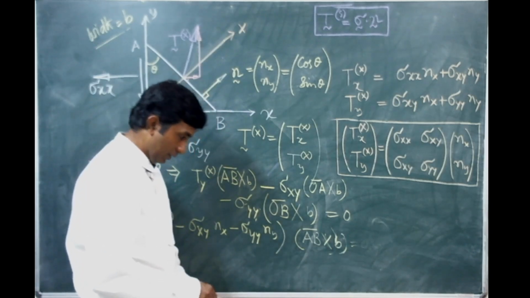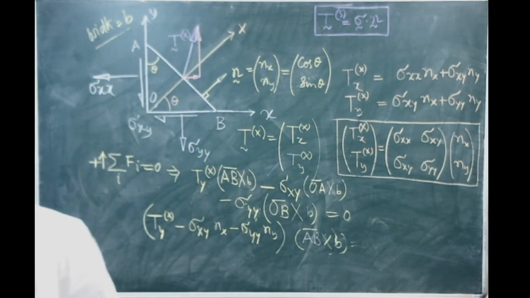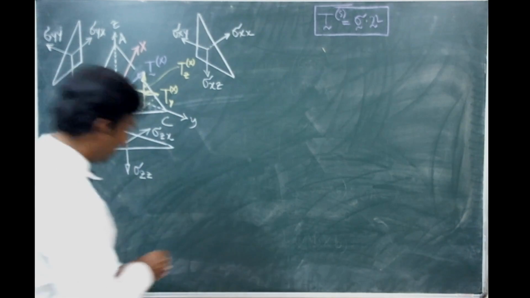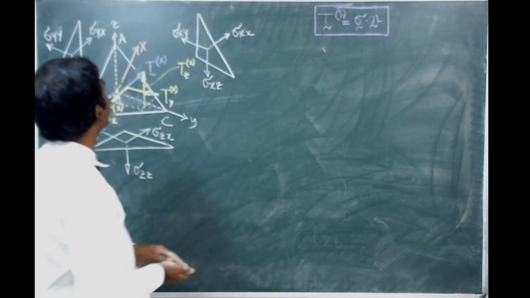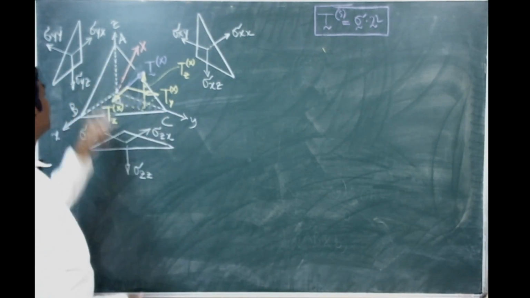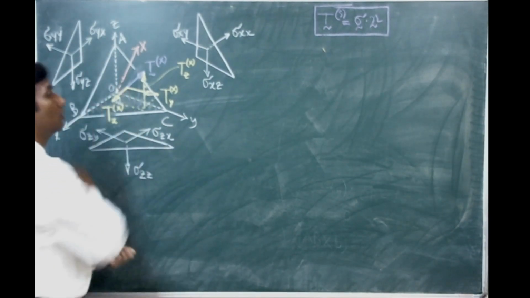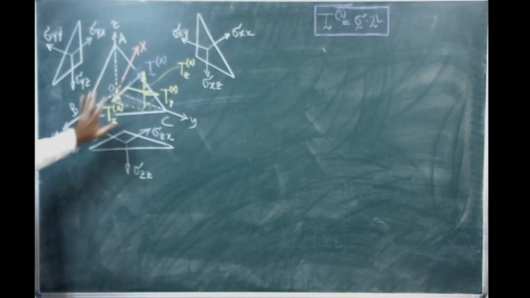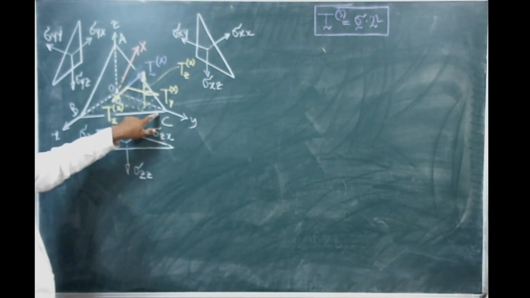So, for 2D it is done. Now, it is time to consider the 3-dimensional situation. Coming to the 3-dimensional situation, this time we are taking a tetrahedron. We are labeling the vertices A, B, C, and this point is O, which is not visible. This is O. So it has 1, 2, 3, 4 faces. So the face ABC,